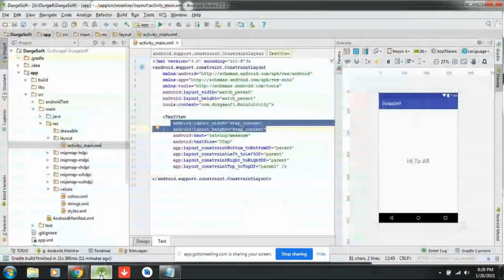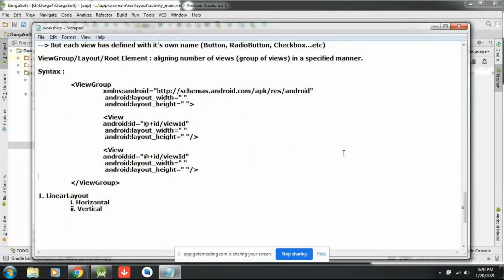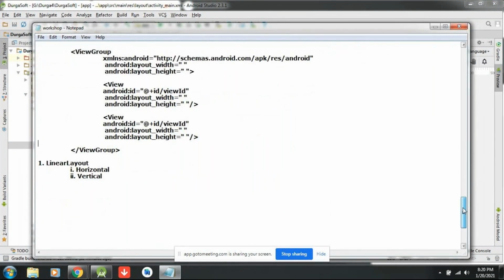Next, this is the syntax. The important thing is that I would like to make you understand the first view group type, which is linear layout. See why I am preferring linear layout first. Whenever I am creating any XML, I prefer linear layout because it is fast.